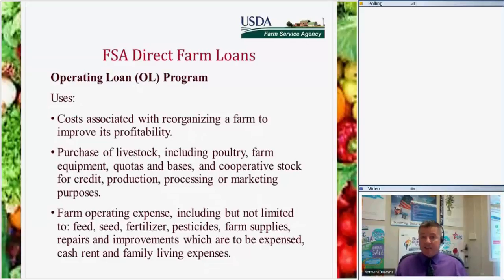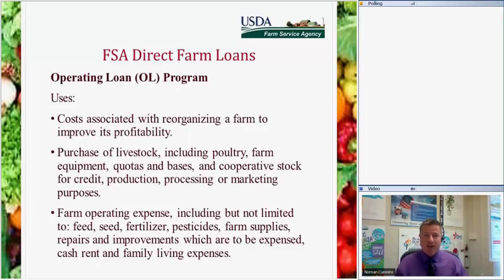You can purchase livestock, poultry, farm equipment. There's just a variety of things you can use it for. One of the things we'll tell you straight out of the chute, if you come into our office talking about wanting to do a horse farm, you're talking to the wrong people, unfortunately. We just don't find horses an agriculture type commodity. It's more recreational, and so we do not do horse farms. But what I tell people, if that's something they're interested in, is work on a normal standard agriculture type farm, grow a crop, and build into something on the side for the horses.